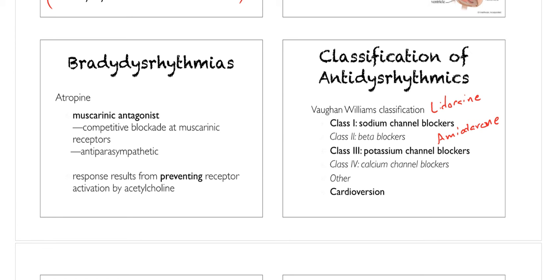So these are medications that we're going to be giving especially for ventricular dysrhythmias. I think amiodarone has also kind of progressed in protocols to include some atrial dysrhythmias as well. Both of them, by blocking certain channels, reduce the rate that the heart can beat at. So if we had a patient in, one of the more common ones that we might use them for is